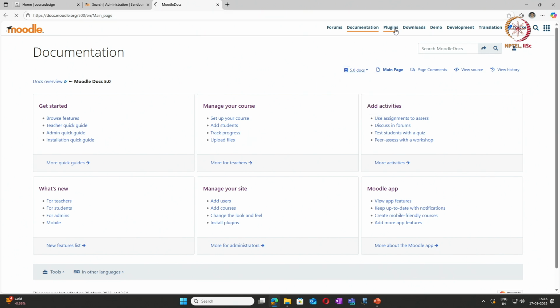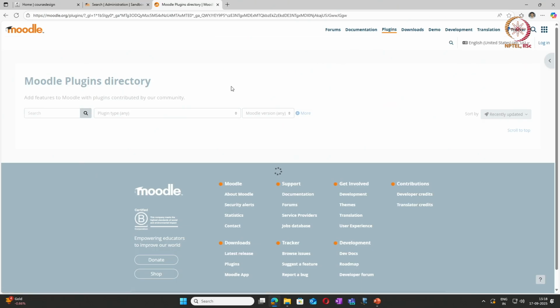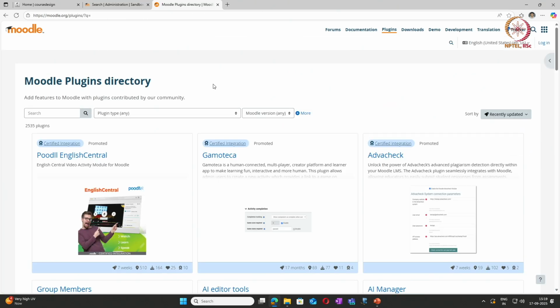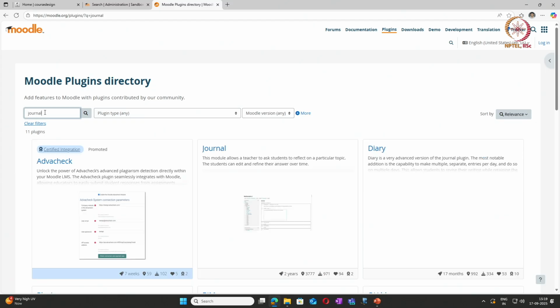Then coming to the plugins, here I was mentioning about adding a plugin to our course. One of the plugins which I had mentioned in the instructional component was the journal. In the earlier versions of the Moodle, that is prior to version 2.0, journal was a standard feature available in the Moodle. Now this particular module needs to be added as a plugin activity into the Moodle.